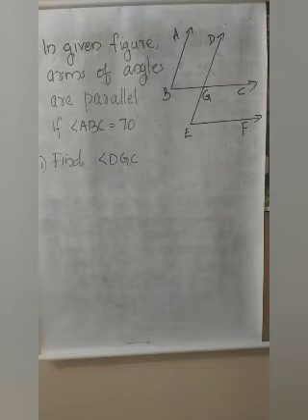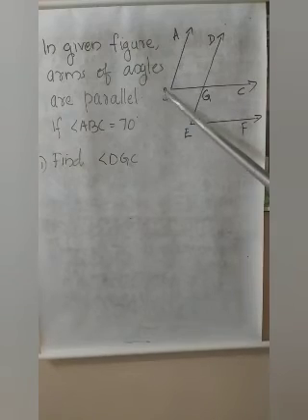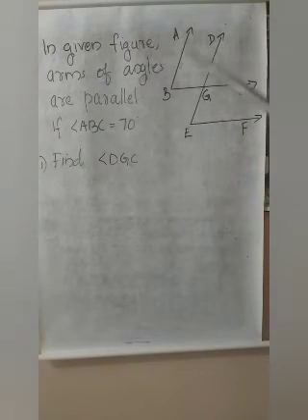So how can we find the angle DGC? Can you find any relation between any of the angles? The given conditions are AB parallel to DE and BC parallel to EF. Here consider these two, AB and DE, as two lines and BC as a transversal. We know AB and DE are parallel, so this transversal is cutting two parallel lines.